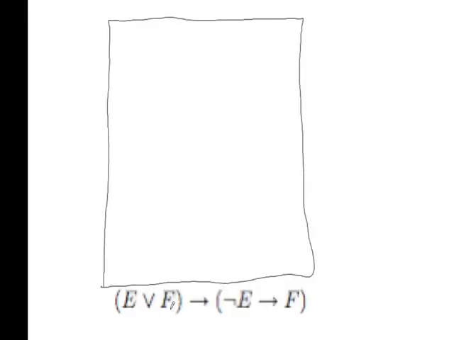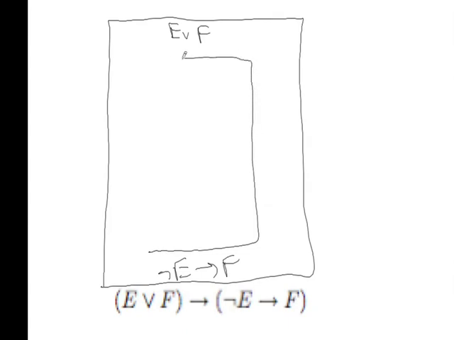Well, the first step is the same in all the methods, because we have an implication, so we can reduce the problem to showing that from A or F we can get not E implies F. But at this stage we have a natural choice. Since you have an implication down here, one way of handling the question is simply to do an implication introduction at this stage. It means we assume not E and we want to show F.